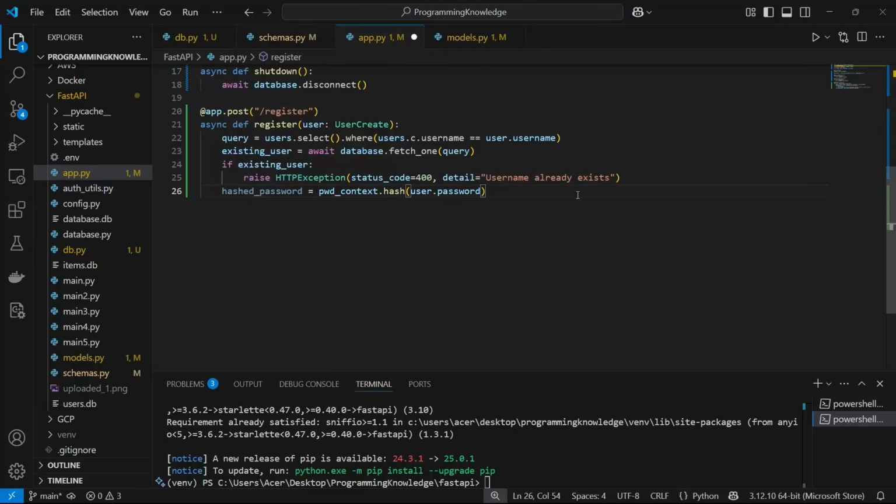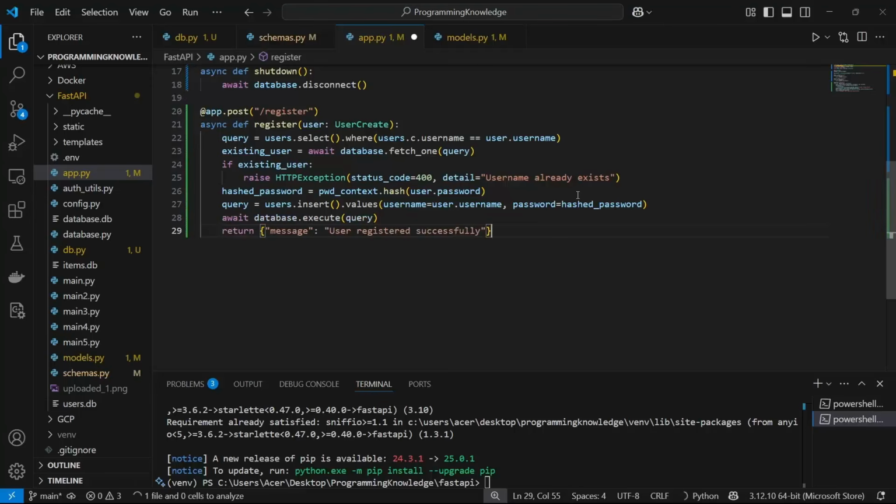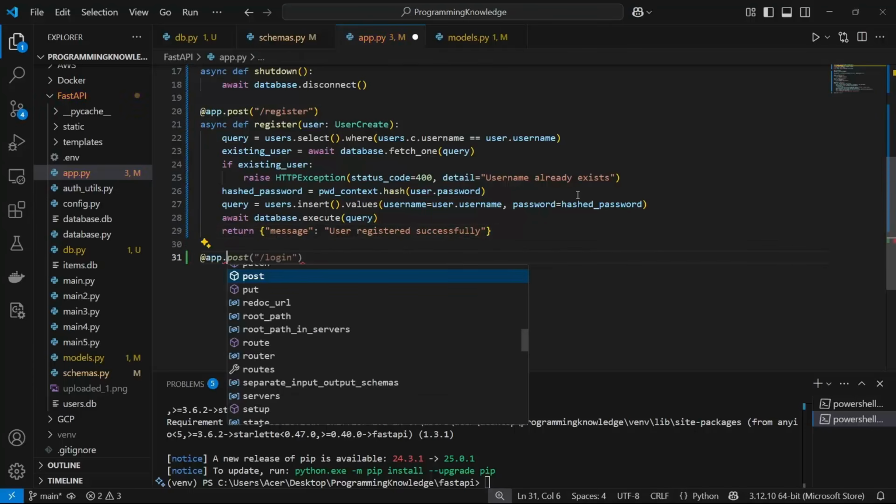So we're going to hash the password here, and then we can execute our query, which is going to be users dot insert dot values, and the username is going to be user dot username, and the password is going to be hashed password. All right, and now I'm going to await for the database to execute this query here, and then I can just simply return a message, something like user registered successfully. All right, perfect. So this is our whole register endpoint, and now we can move forward to building our login